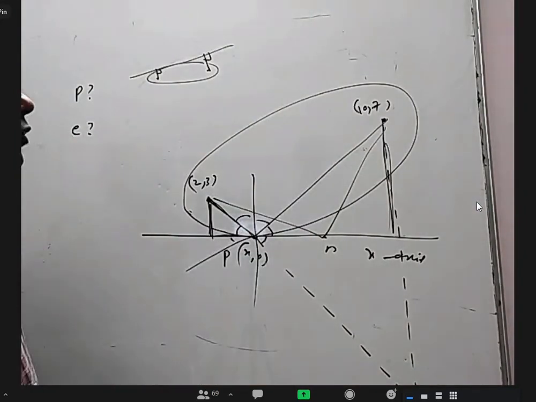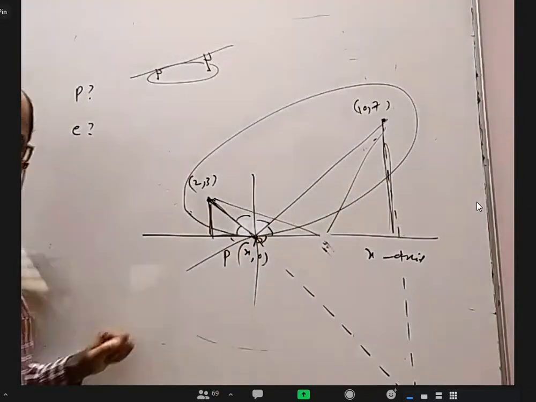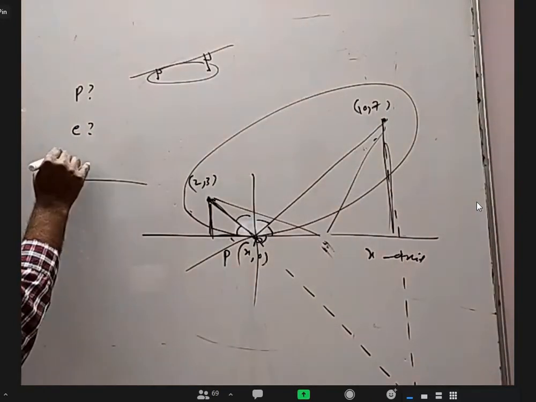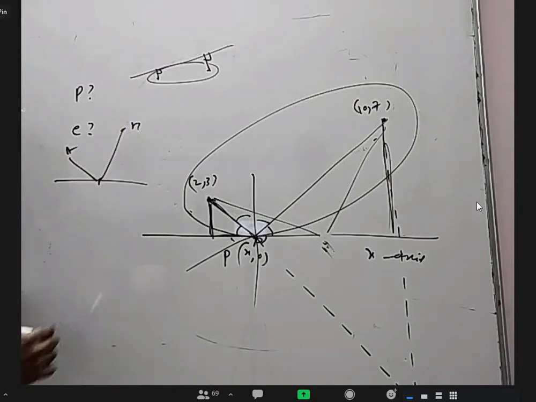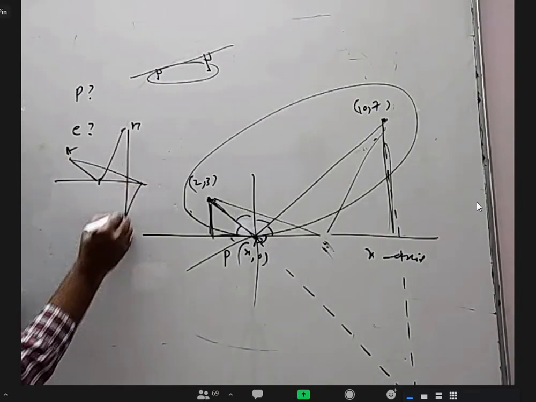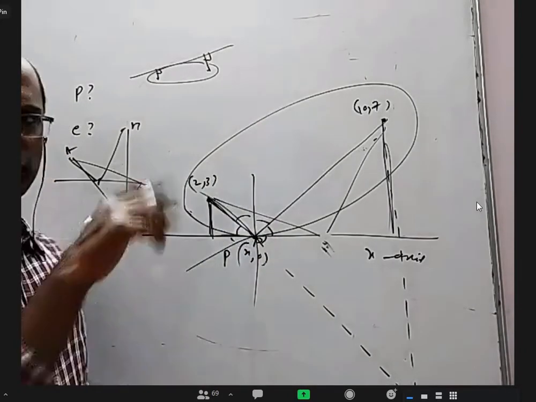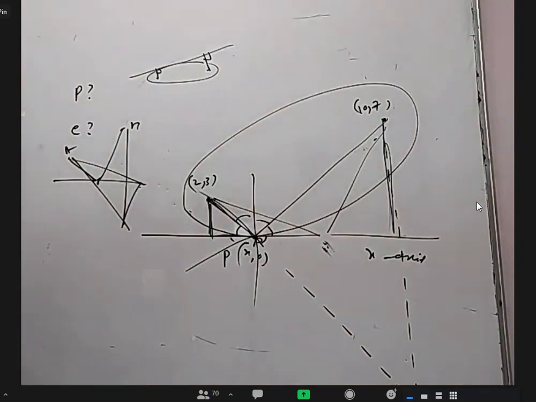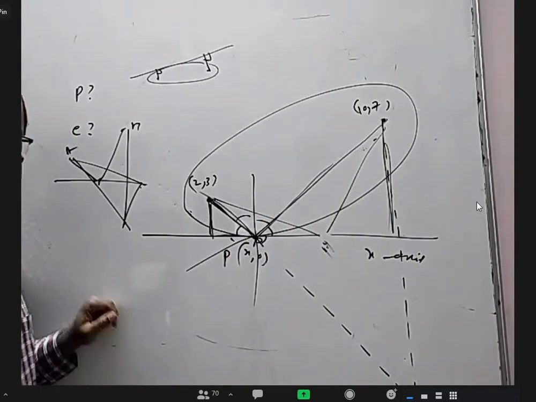So if P is a variable point on the x-axis, PA plus PB is least when P is here. In fact, in straight lines you have this question: if A is here, B is here, where should P be so that PA plus PB is least? You will find the mirror image and say PA plus PB is least when they are collinear. Correct? Yes, it is actually related to that. Somebody can find PA plus PB, which is the square root of something plus the square root of something in terms of x; if it is calculus, it will come. But it's okay. Another thing is that this slope and this slope should sum to 0. Am I correct?